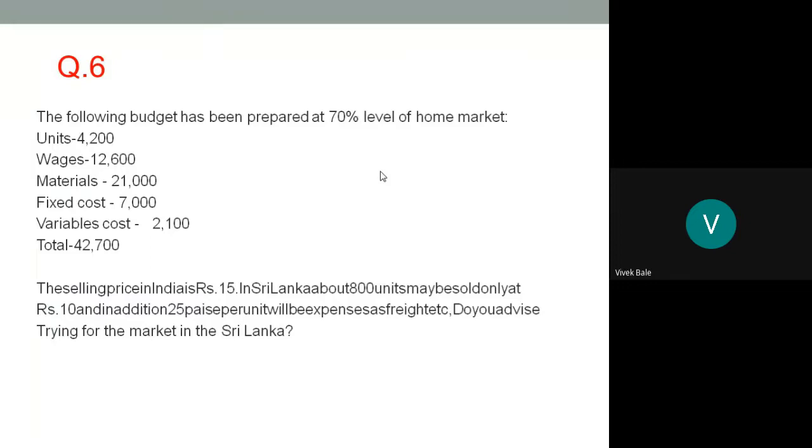For material, 21,000 rupees are given. For fixed cost, 7,000 rupees is given. And variable cost is 2,100 rupees. And the total cost is 42,700. The selling price in India is rupees 15, but in Sri Lanka it is about 800 units may be sold